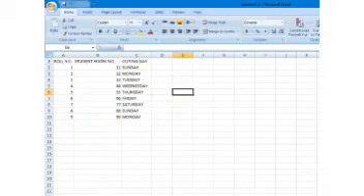Now next we will learn how to open and close a workbook. Okay, the file that we saved, how will we open that file? So for opening that file we will go back to the main desktop screen. Here you will find the address. Here you will find that particular folder in which you kept your edited file.